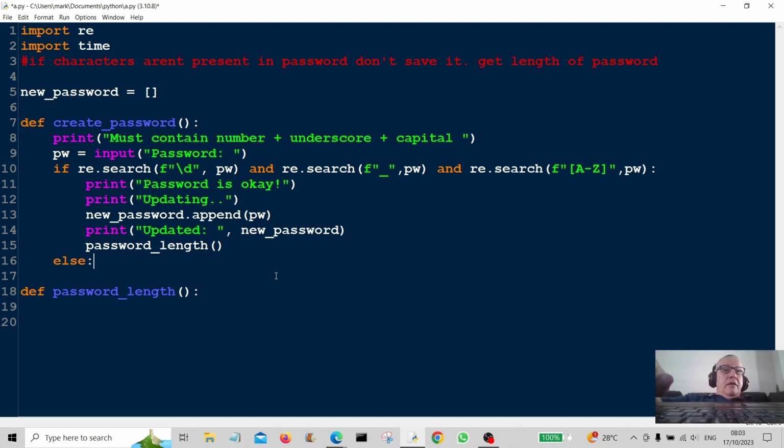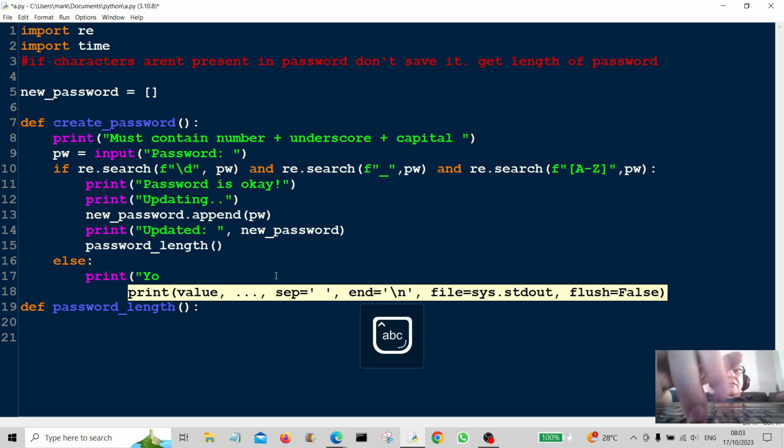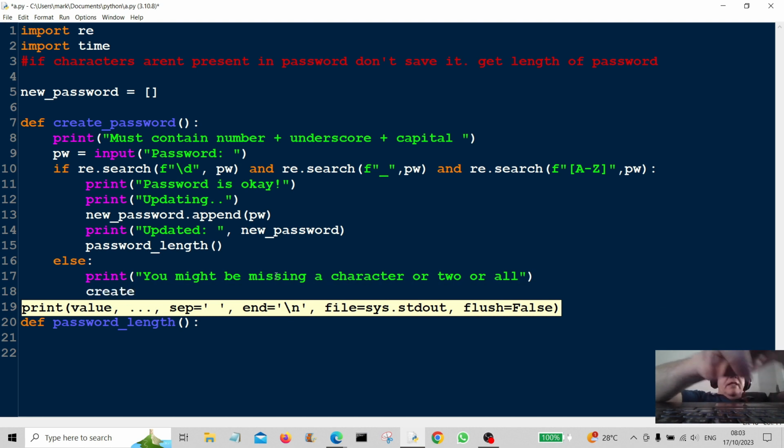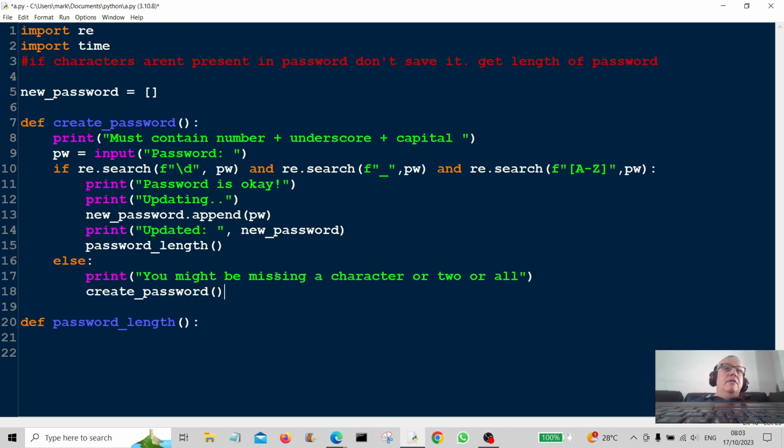Else. Okay, so else we're going to say print you might be missing a character or two or all. Okay. And we'll give them the chance to go back and do that again. So we'll send them back to the beginning. We'll create password here, which will send them back to the top, and they can start the process all over again. Okay, so we've got the password length here,